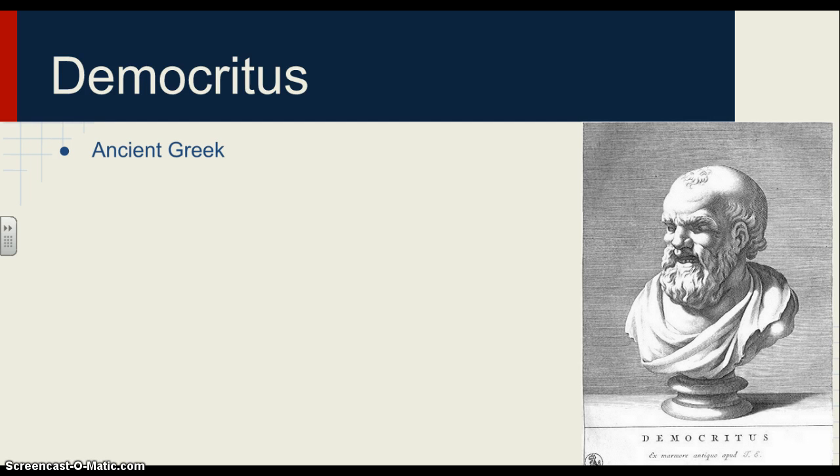Democritus was a Greek. He was one of the ancient Greeks. This was probably in the time after the Peloponnesian War, I believe. Is that the right one? Whatever the war with the Persians was. Athens really helped to become the victors in that war and were able to put a lot of money into architecture and science. So Democritus was an ancient Greek, and he came up with this idea that there was a